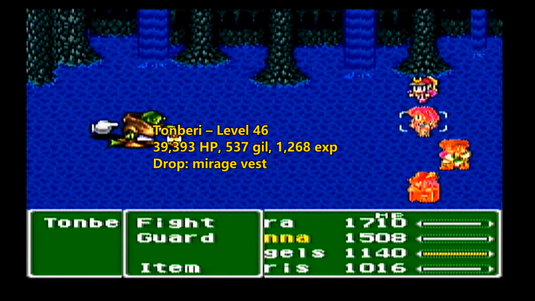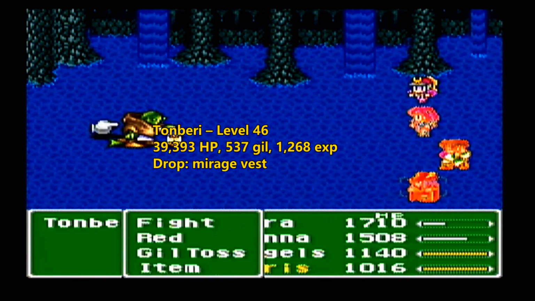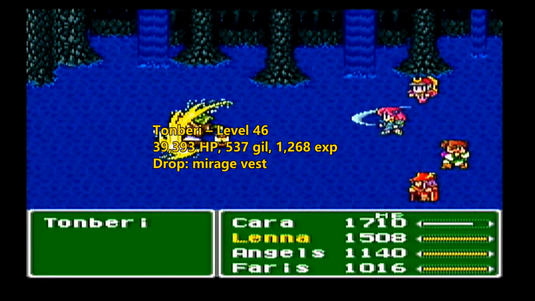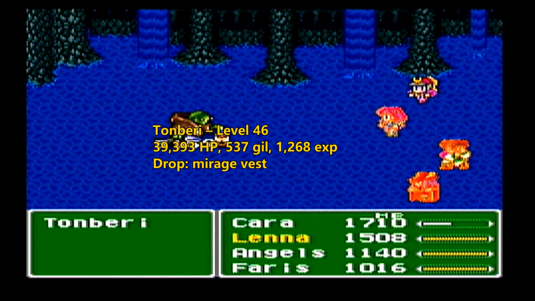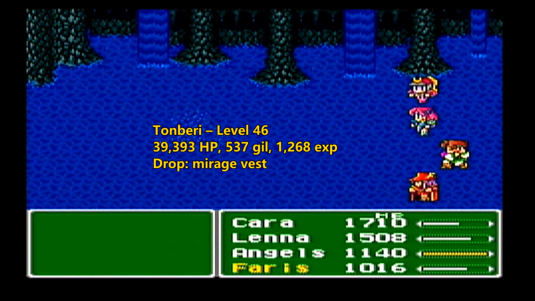But yeah, he hits really, really hard. So you're guaranteed to probably lose a character or two, because I think he does multiple attacks. I don't know how many he does. He does at least two attacks once he gets there. And usually, like I said, one of his attacks can take out a character with one hit, so he might knock out half your party when he gets close to you, but luckily he didn't get close enough to us. We finished him off, and like I said, we got lucky, got that Mirage Vest,